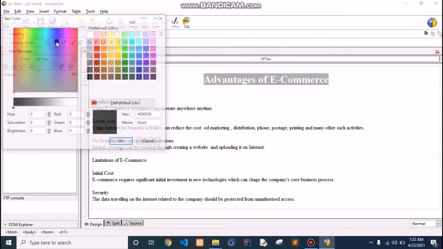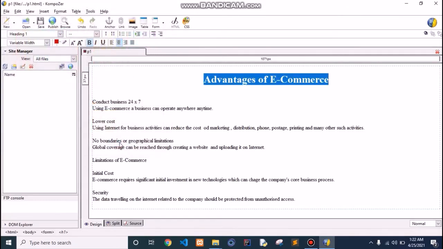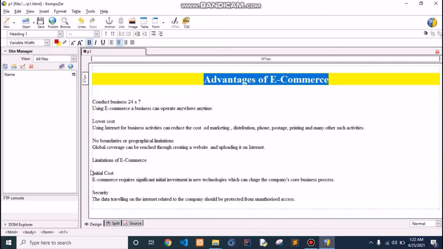Apply color. Font color is red color. Press OK. Background color as yellow color and press OK. Same thing I'll apply to next main heading.